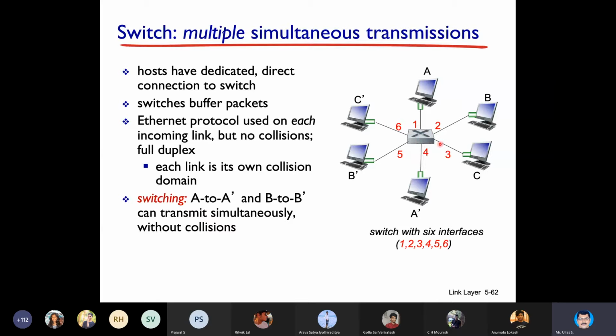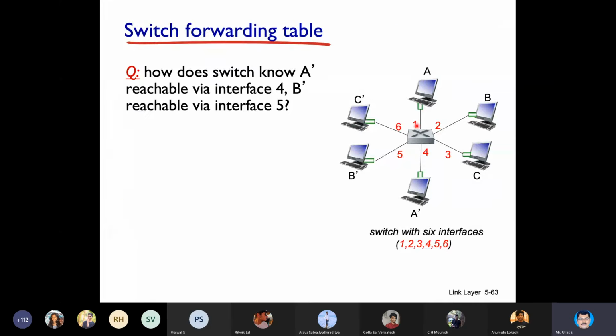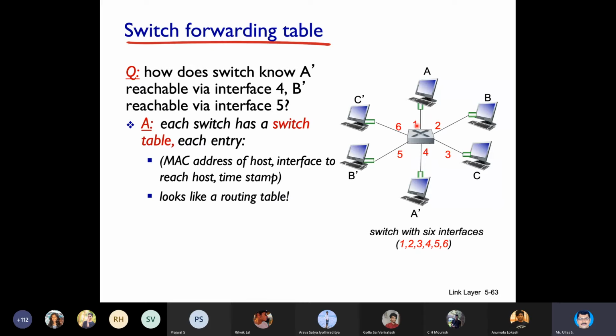The switch will maintain a table known as the MAC address table, which will contain the port number and the MAC address connected to that particular port. So port number 5 will have the MAC address of computer B. Port number 6 is associated with the MAC address of computer C. So this table will be maintained. Now how will the switch create such a table? This is known as the switch's forwarding table, the MAC address table. Another name is the switch's forwarding table.